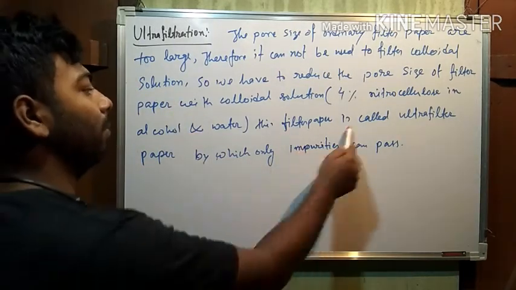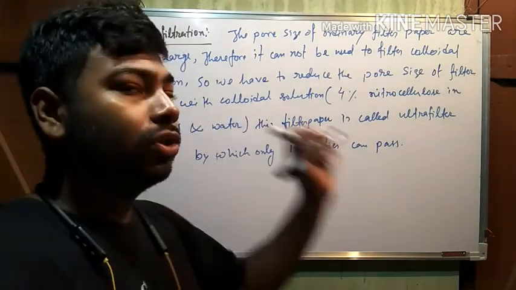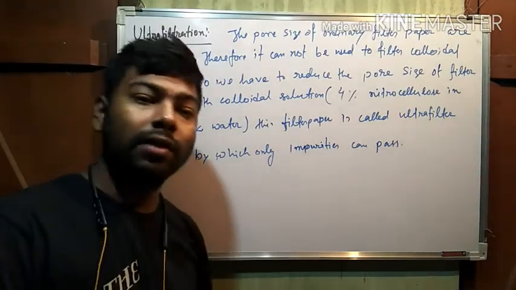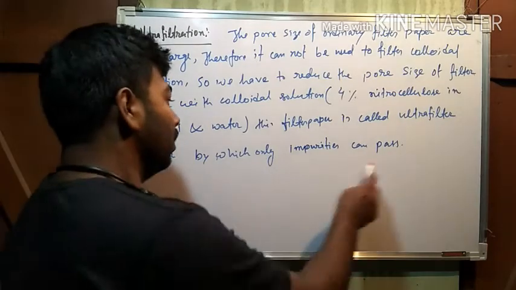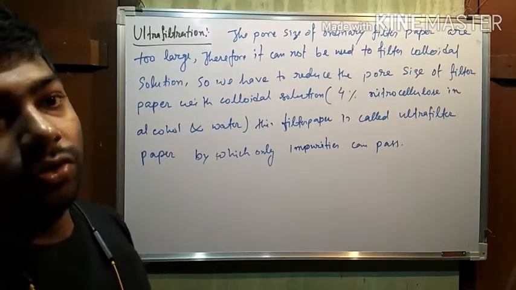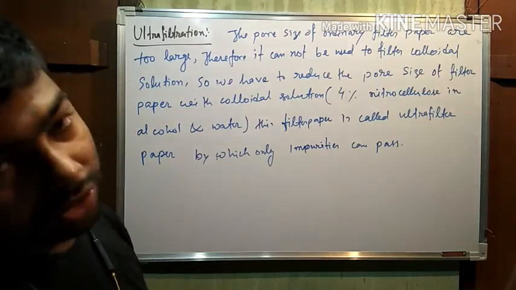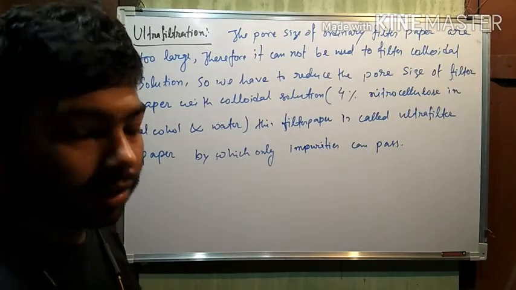And that filter paper is called the ultra filter paper, by which only the impurity or the crystalloid particles can pass, and this way we can purify the colloidal solutions with the help of ultra filter paper, and the process is known as ultrafiltration. Okay,